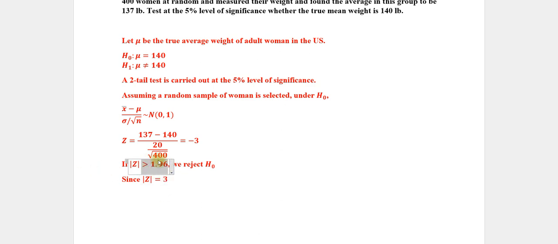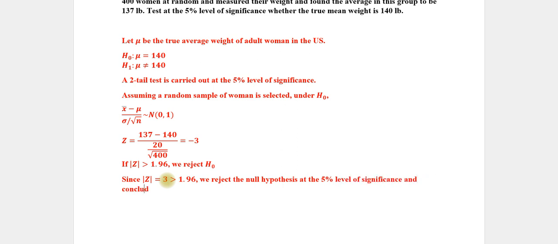Yes, it goes according to this statement where it is greater than 1.96, as you see. So what do we do? Since modulus z is equal to 3, greater than 1.96, we shall reject the null hypothesis at the 5% level of significance